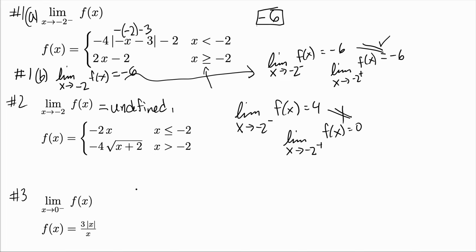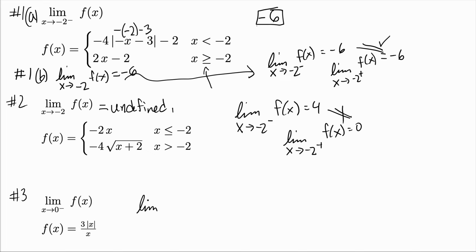Okay, now we're going to go on to number 3. We're taking the limit as x approaches 0 from the left side of f of x, and f of x is equal to this. All right, ready? Go for it. Okay, now I'm going to present the solution here. So we have